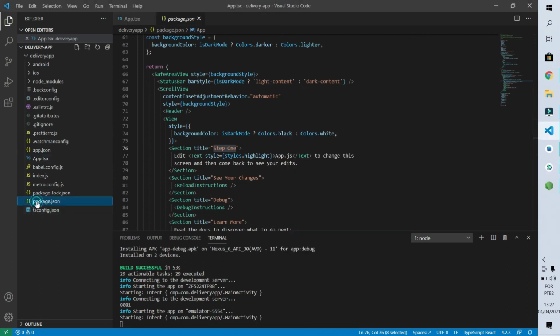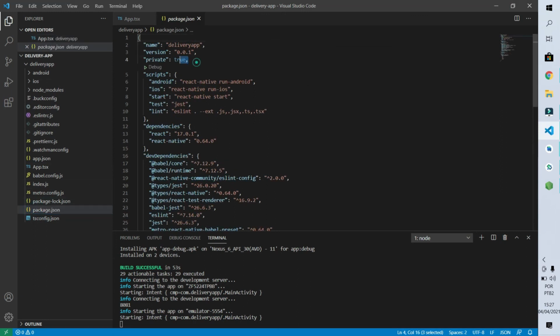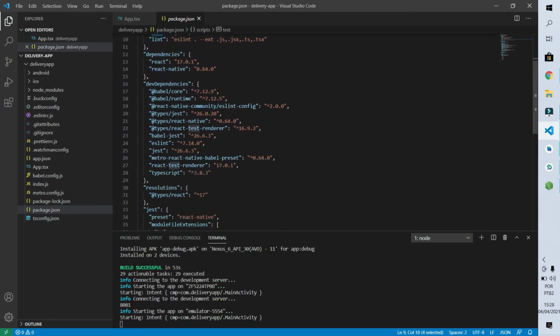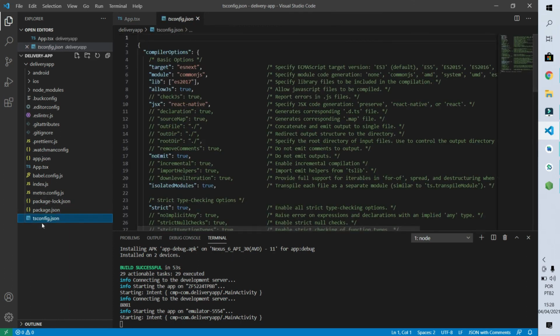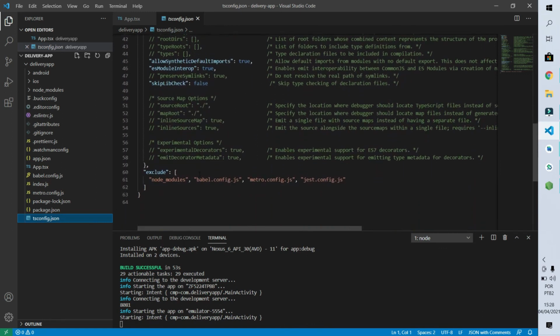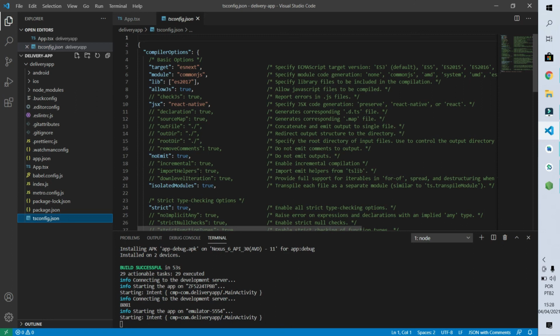Let's jump now to our next file of interest, which is this package.json file. That file contains some information about the project. It also contains some scripts that we can use to run the project both on Android and on iOS, or to test the project. It has also a list of all the dependencies that the project needs, both the production dependencies and the development dependencies. The last file that we are going to check is this tsconfig.json file. It is a configuration file for using TypeScript in our project. For now, we don't need to pay much attention to this file because usually we will not modify it. Or if we do modify it, it will be like once in a lifetime.